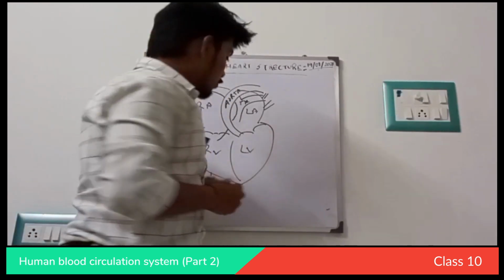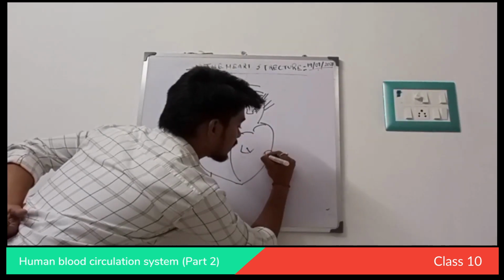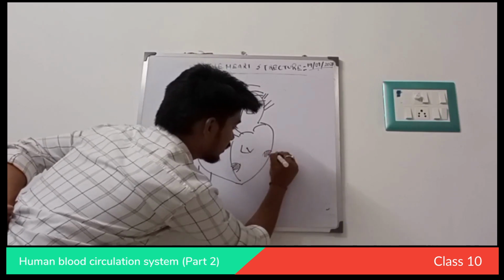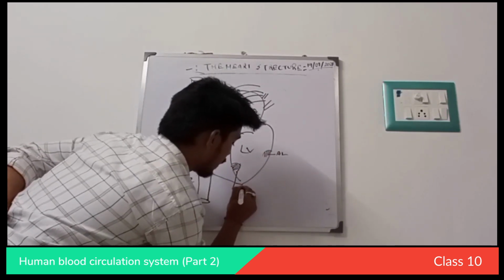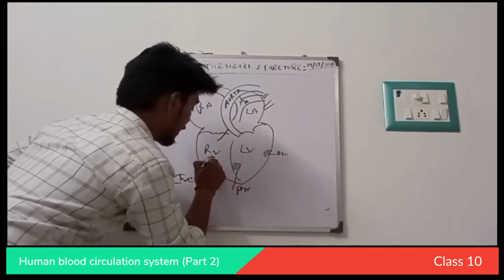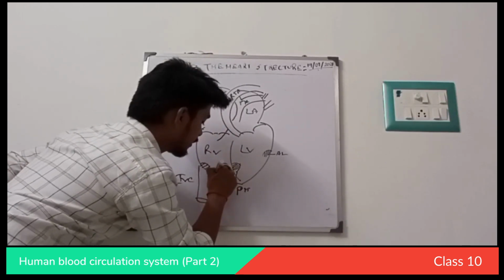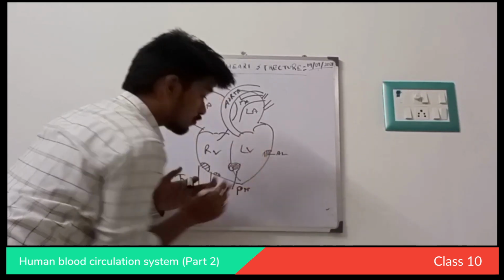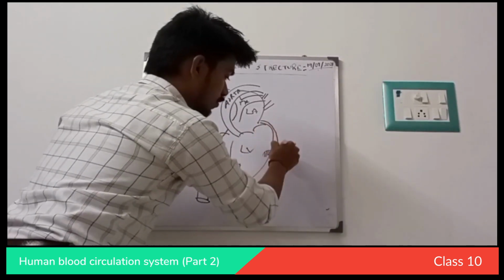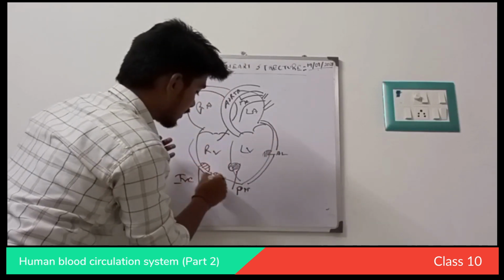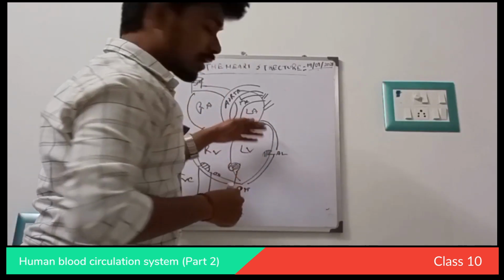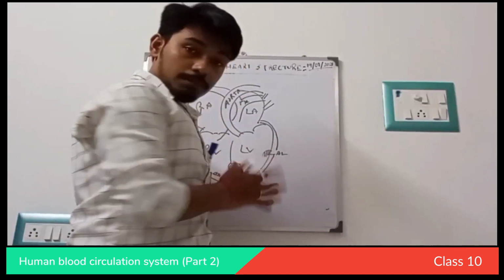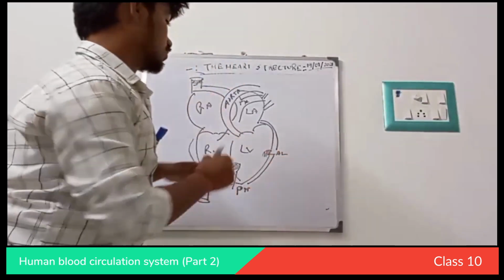So I told you, what is this? Here it is the papillary muscle, which is posteromedial and anterolateral. And here the three papillary muscles are there: anterior, septal, and posterior. When it is supposed to contract, it is a more muscular structure. The other is a thinner structure because it has the capacity of elasticity. I already told you it has a muscular structure because it has to boost the whole amount of blood, meaning 70% of the blood, into the aorta. Okay.